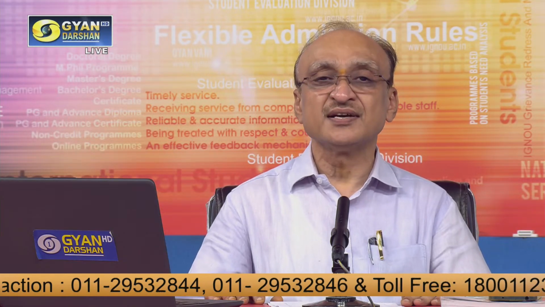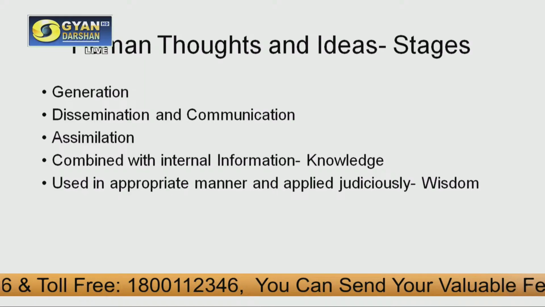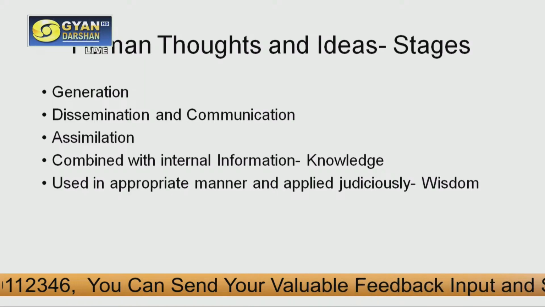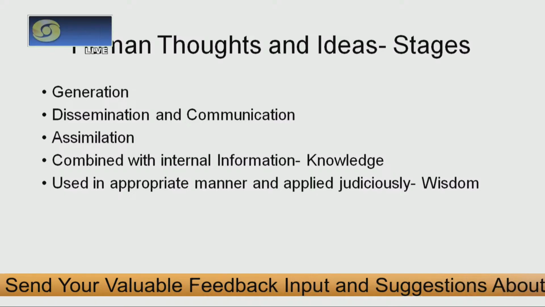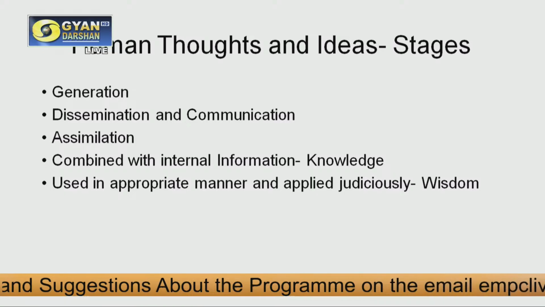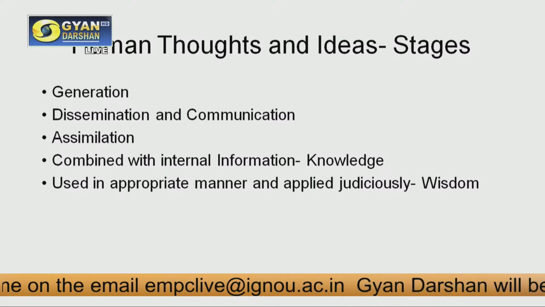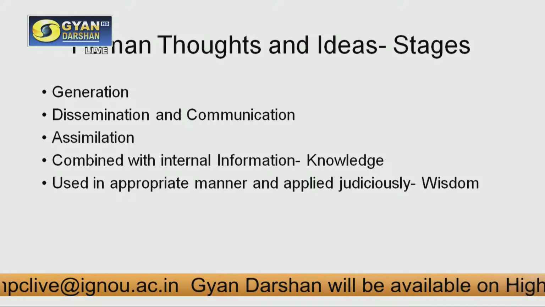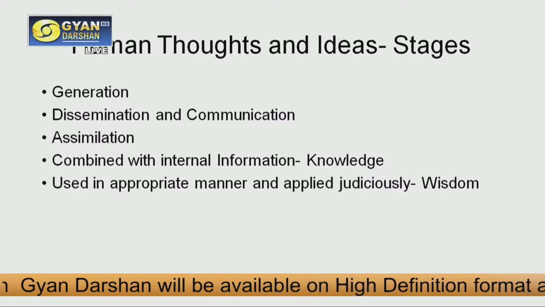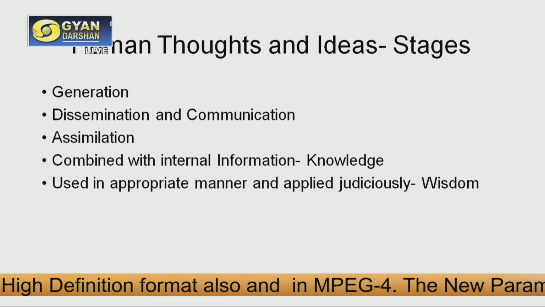What is this process? And as we all know, it is the human thought that forms the basis of this. So what is this process of human thought where ideas generate? What are the stages of generation of these ideas? And after the generation, these ideas are conveyed to others, disseminated, communicated, and those who receive it try to assimilate it, and they try to interact this assimilation from the external sources with what they have already within them. That is how knowledge is created, and this data, information, knowledge,